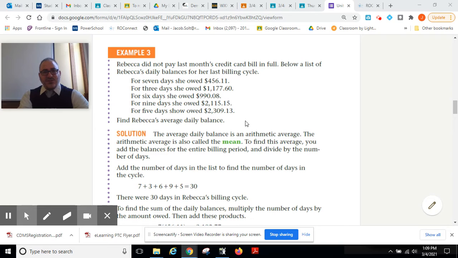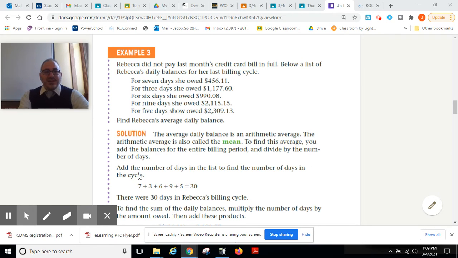So here's how we're going to solve this. If you have a problem where they're asking you to solve for an average daily balance, this is what you've got to do. The average daily balance is an arithmetic average. The arithmetic average is also called the mean. So when you hear about the mean or the average, it's the same thing. The mean is the average is the mean. All right? To find this average, you need to add the balances for the entire billing period and divide by